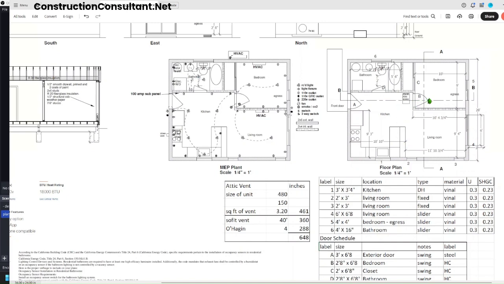Walking through this door, you get into the bedroom, and here's its closet. This window is labeled egress because it's a bedroom and you have to be able to climb out in the event of a fire. Coming over to the MEP plan,